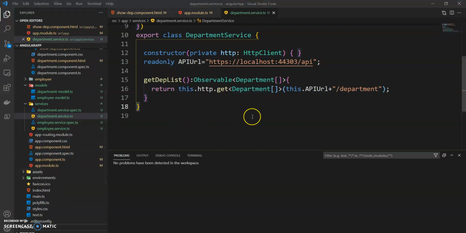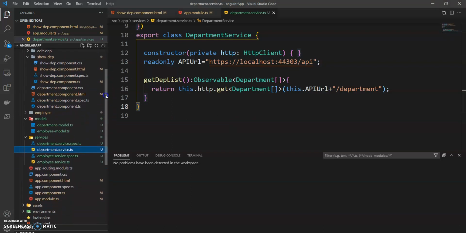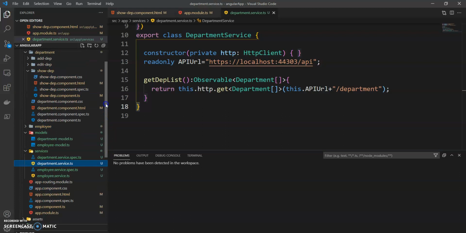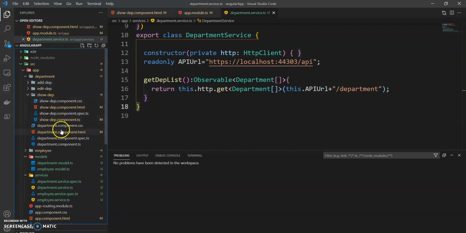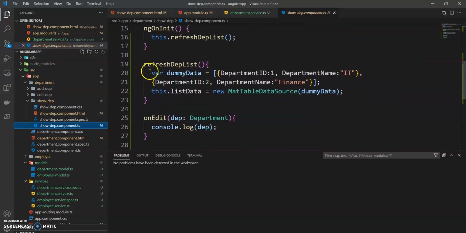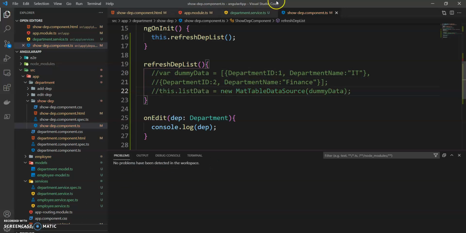Yeah, but before that, we just have to go to show-dep.component.ts, because that is the main file where we have created dummy data, right? So what I'll do is I'll go to our show-dep.ts file, and it is located under this. So we'll go here, and here what we are required to do is, instead of this dummy data, now we want to return the actual data. So for that, we have to call our service. To call our service, definitely we have to